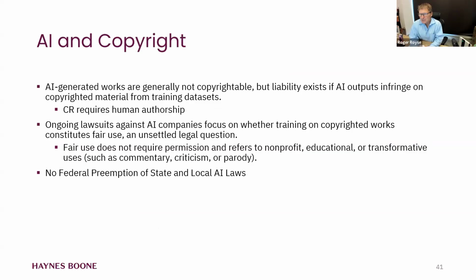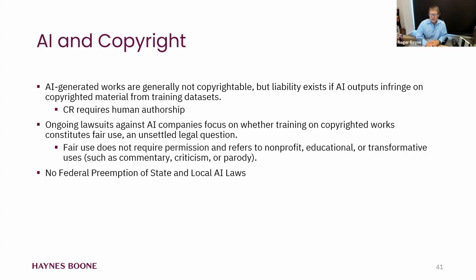So generally, this is an old slide because we talk about this in the context of copyright, and I think that's generally true still. The issue that comes up is the liability that exists if the artificial intelligence infringes on copyrighted material. Now, there's been at least one recent case that I saw where basically the court says, look, a copyright requires human authorship. That's what you have to have to get copyright. But on the infringement side, the AI is just the same as a person, and the AI can rely on the same fair use.